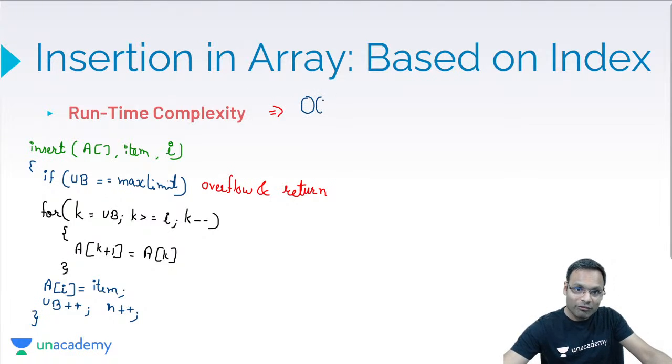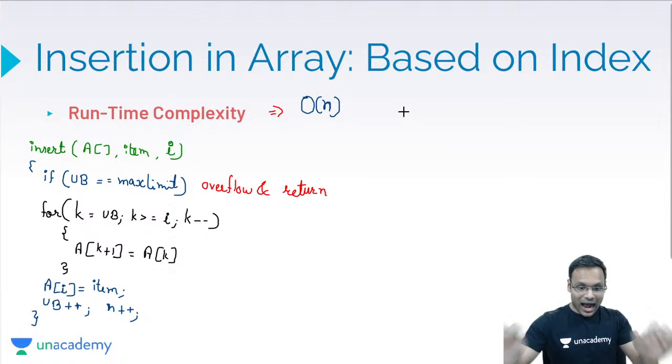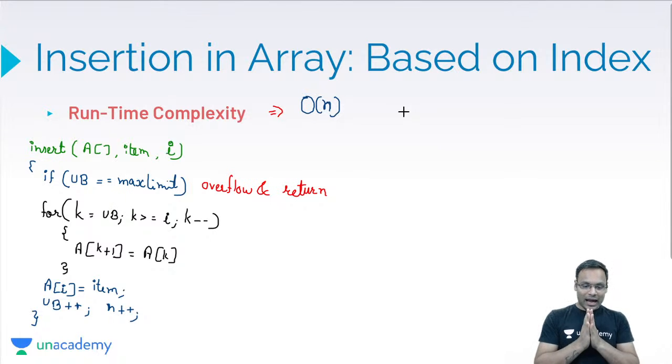Now you will ask, sir, why not theta of n? Because big O of n means I may have